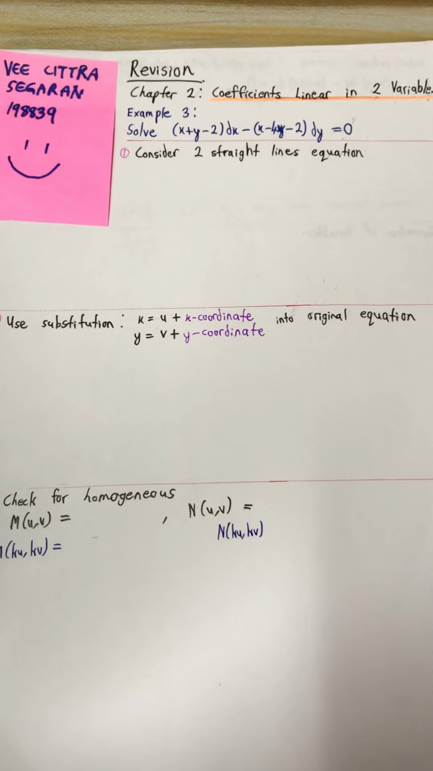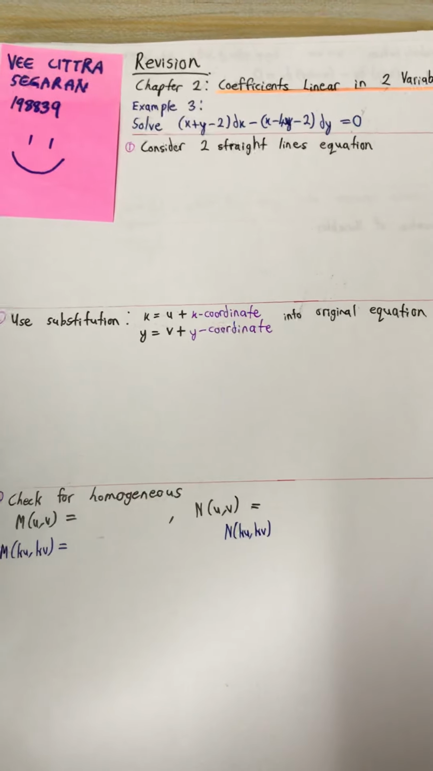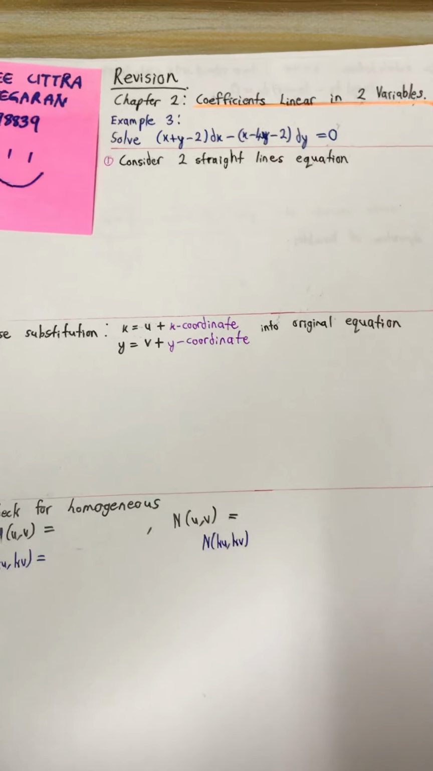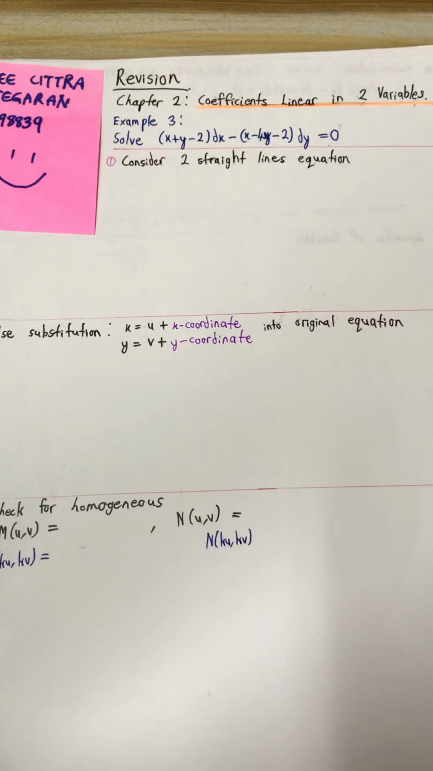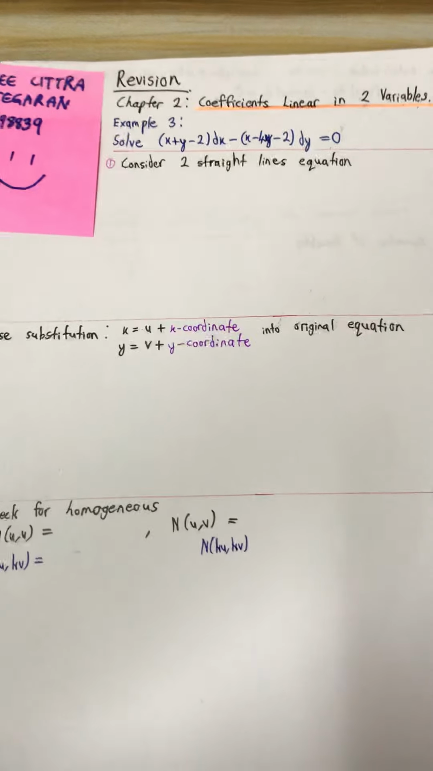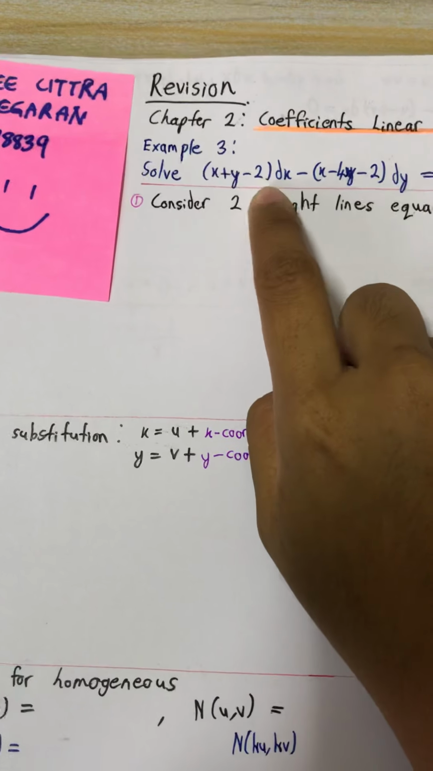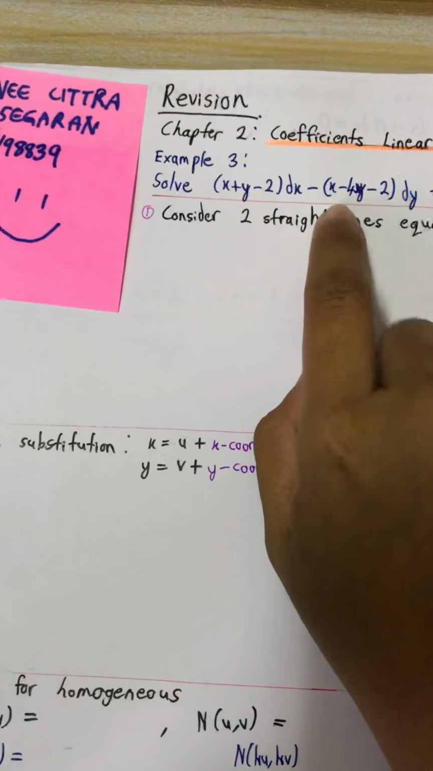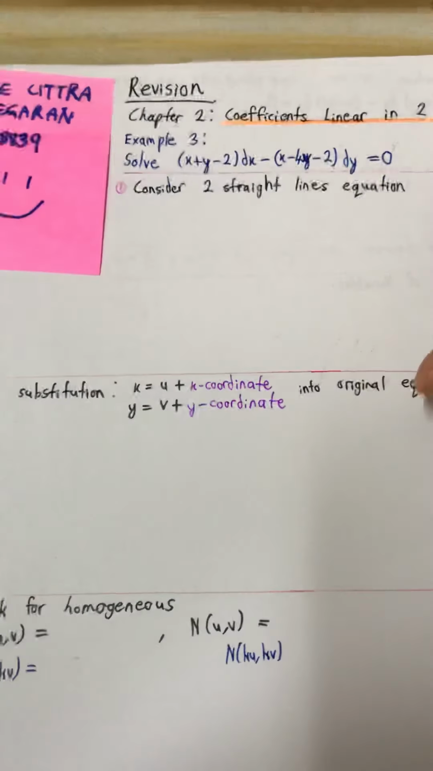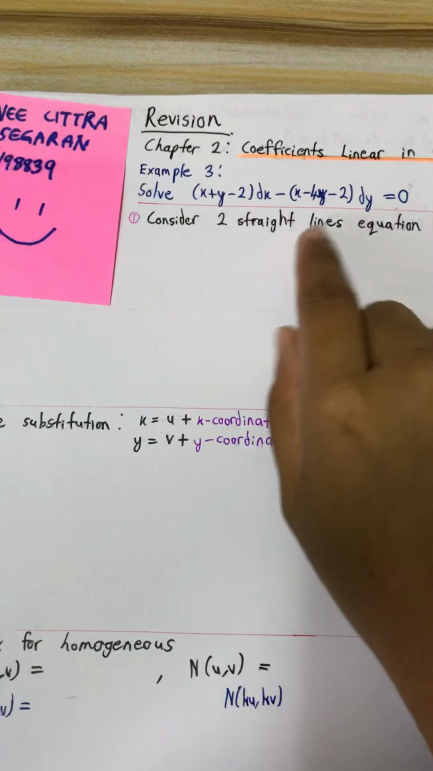So in this video, I'm going to do a revision from chapter 2, the method of coefficient linear into variable. So here we take a look at one example, example 3. The question given is solve (x + y - 2) dx - (x - 4y - 2) dy = 0. So here, the first step that we need to do is we need to consider two straight